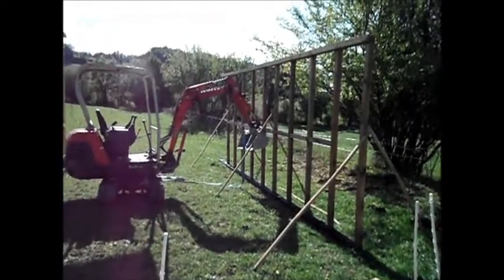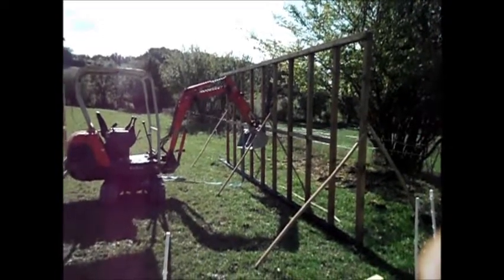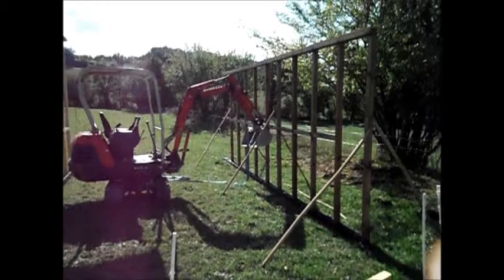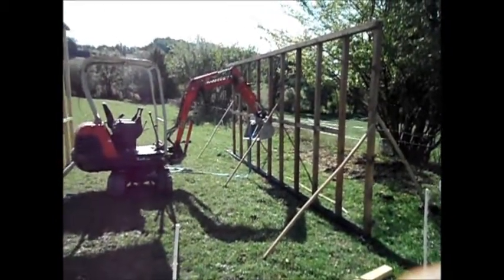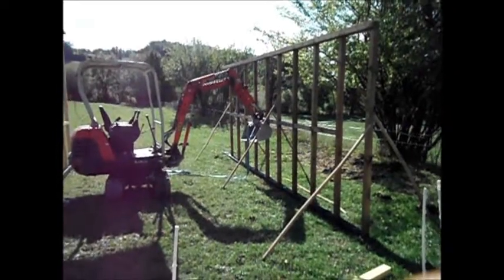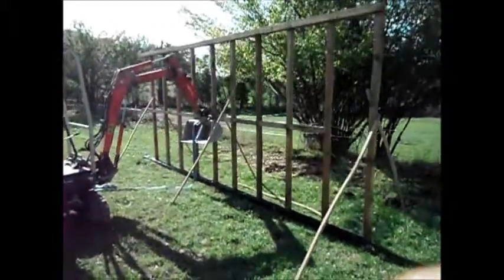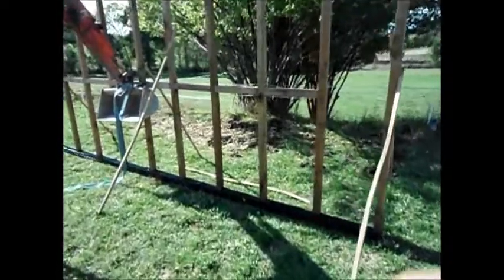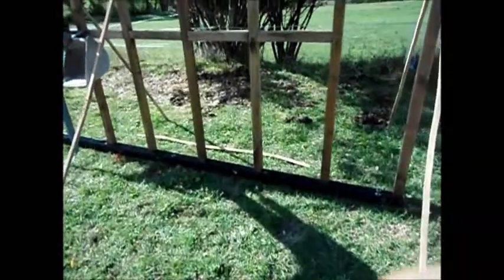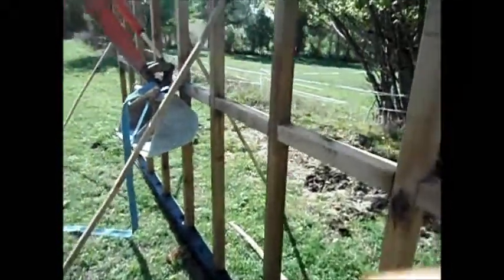Okay, so we've brought the 2 main front and back walls that I've built up down to the field, because access into the field was down a very severe slope and I didn't want to risk twisting the structure before we got it all fully built and braced, so it's just easier to do it down here. So as you can see, it is literally a very basic stud wall, just sitting on top of the metal skid. I've bolted that to it using some corrosion free bolts, plenty of fixings every meter, doubles at the end, set out at 600 centres,